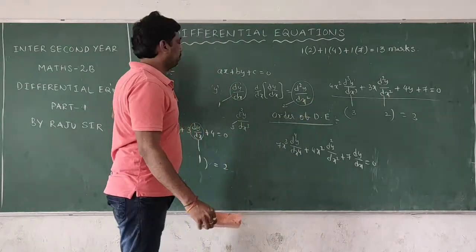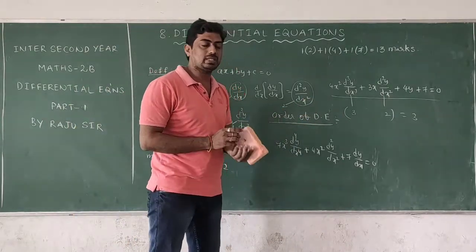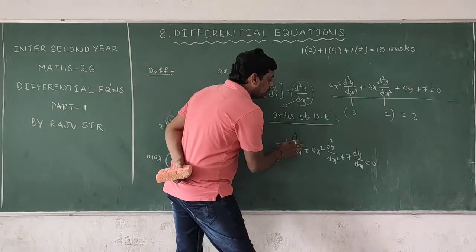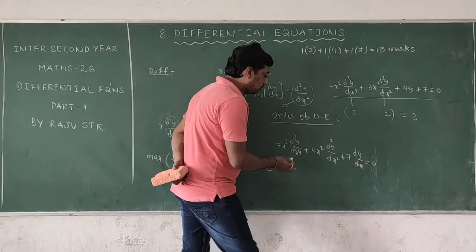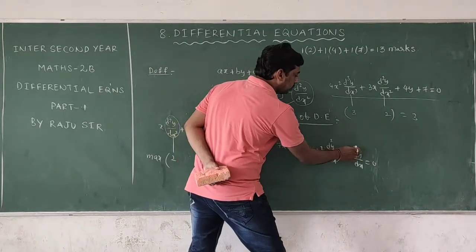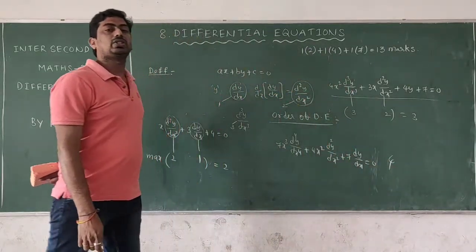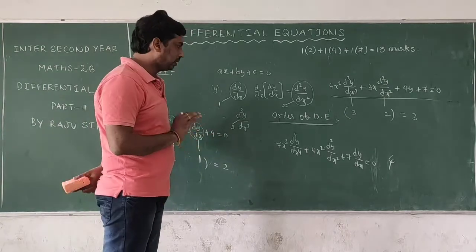This one is clear. Definition is clear. Next, what is the order of a differential equation? In which way can we check this? Here, three derivative terms are there. In this one, the maximum order. How much? Here 4, this one is 2, this one is 1. Maximum is 4. That's why the order of this differential equation is 4. Okay, is it clear? Right.